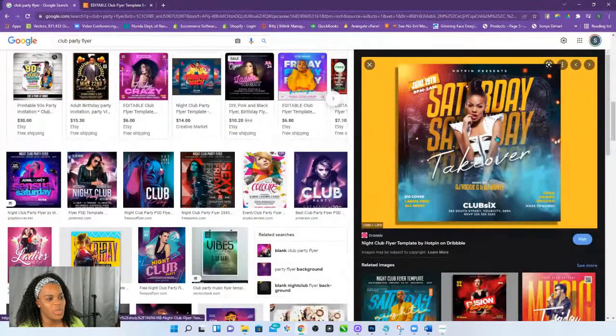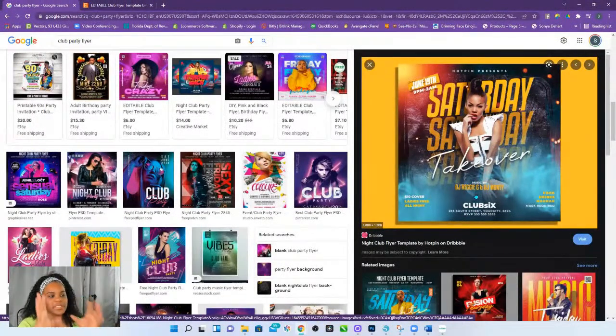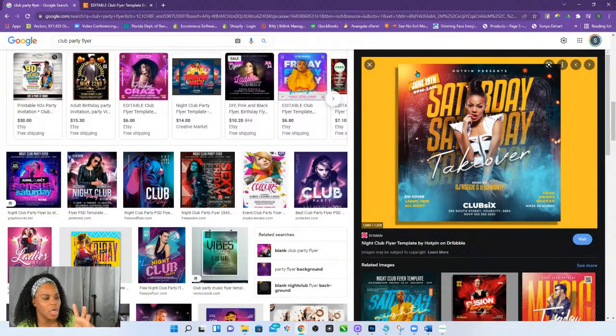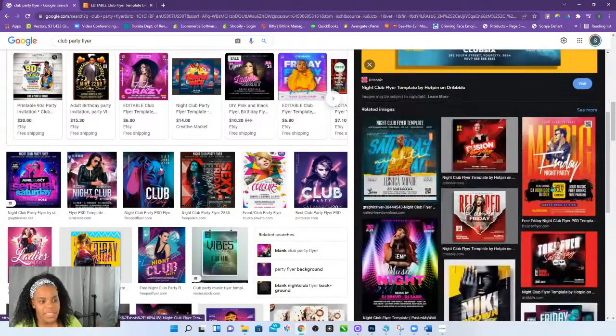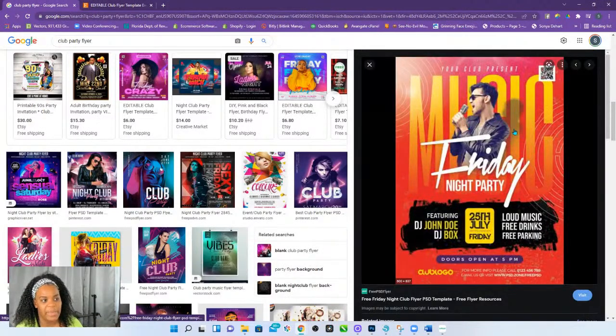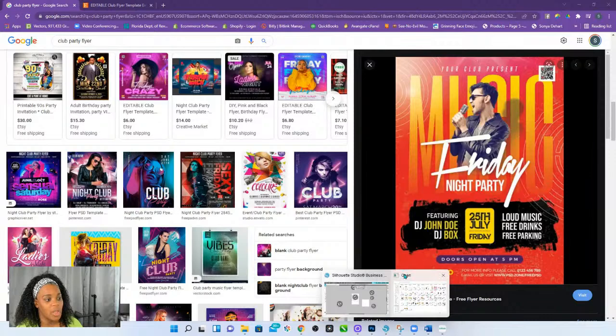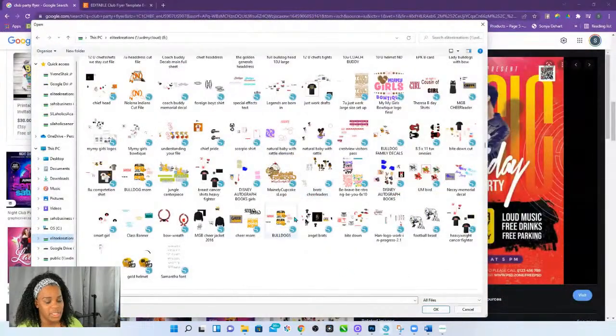So when you look at stuff like this, you have the smoke, and the lights right here are just pin lights or flares, and they have different blend modes on them, which makes it look like it's glowing. This is a certain design style. There are some people that just prefer this type of style. It's not me. When I'm designing, I design in a lot of vector type things.